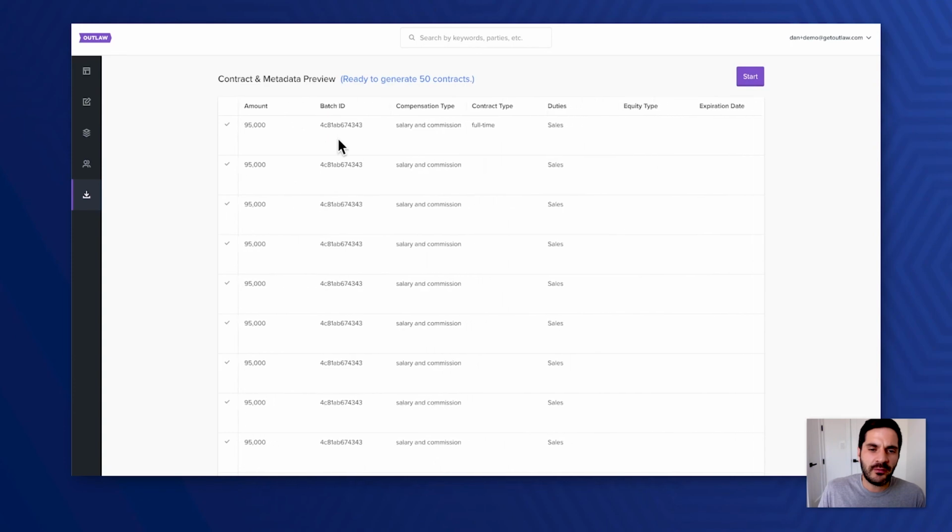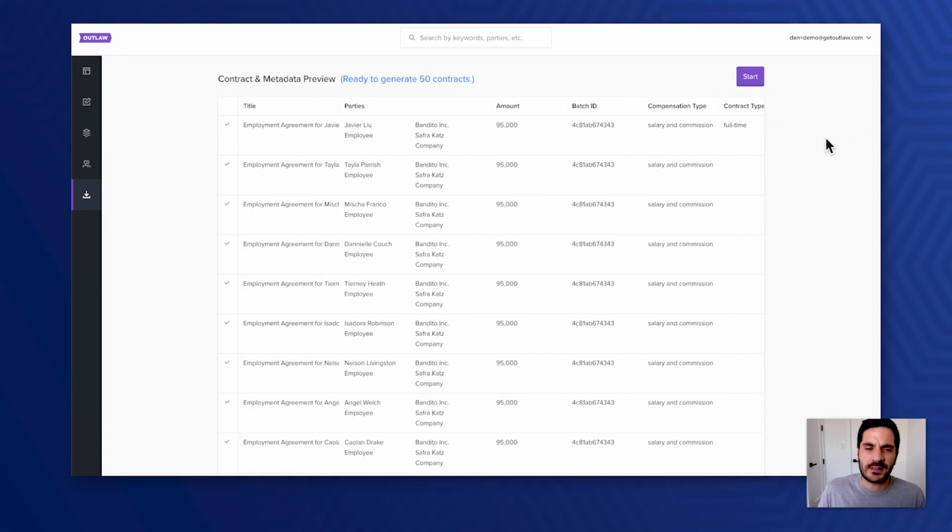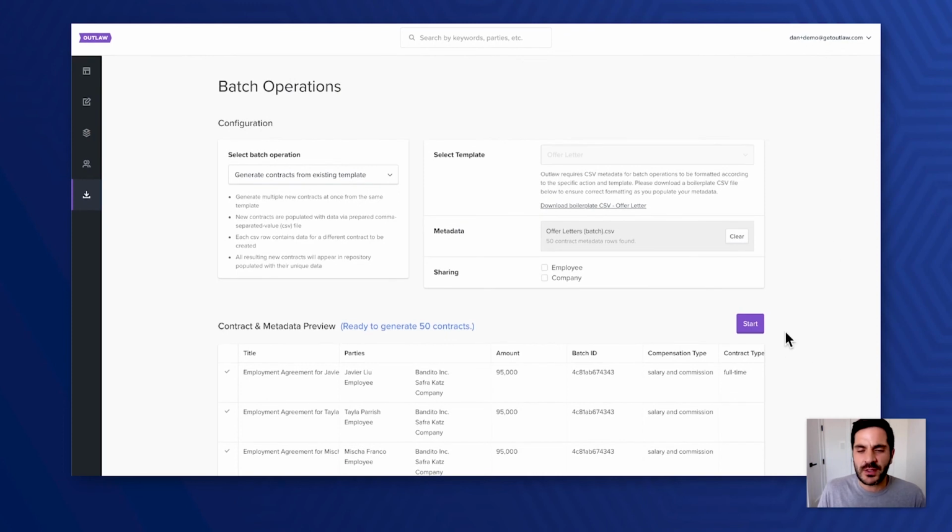We have all that information stored from a CSV file. And once I click start, that would generate 50 contracts. And if we checked here, they would all be shipped out to the email address on file. And we could go ahead and push all of those 50 through a deal flow as seamlessly as possible.